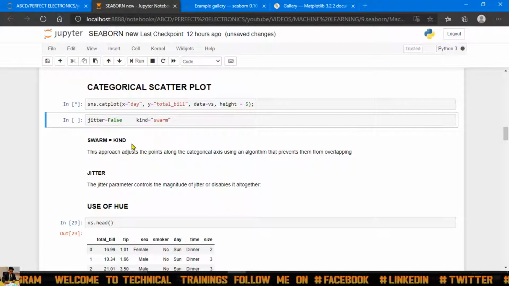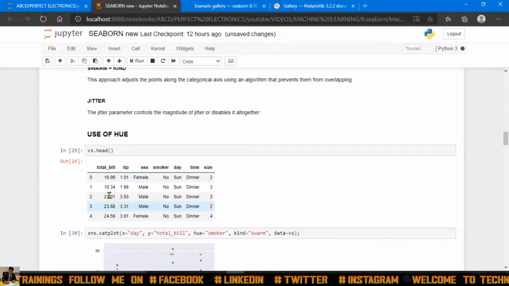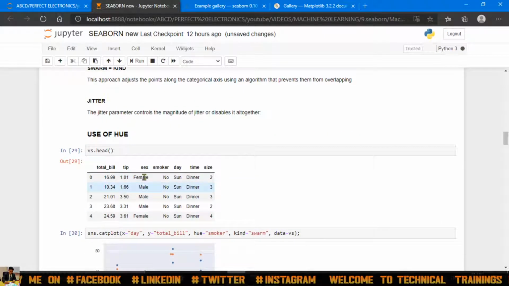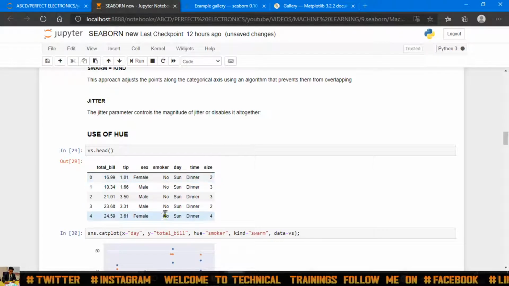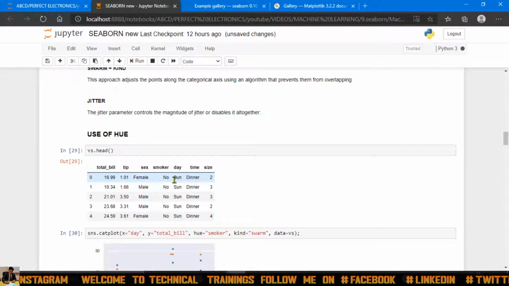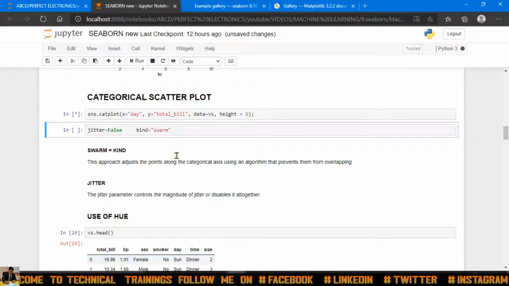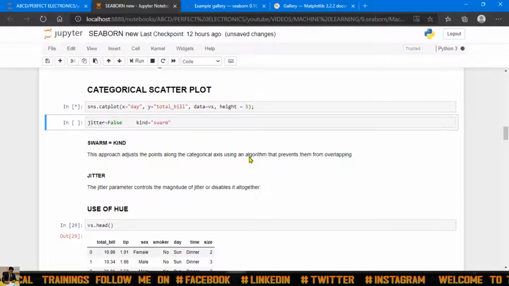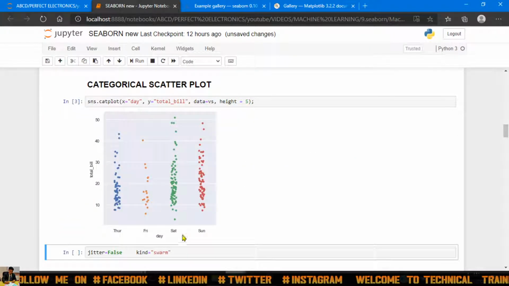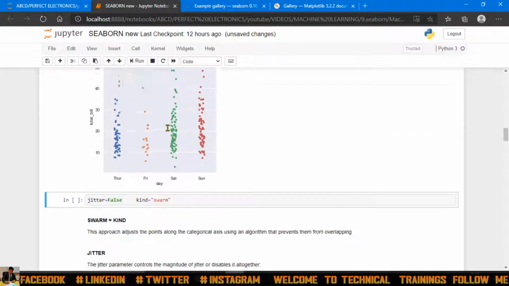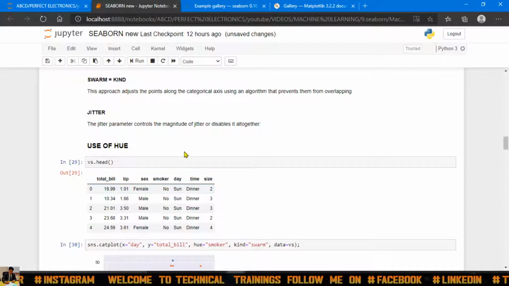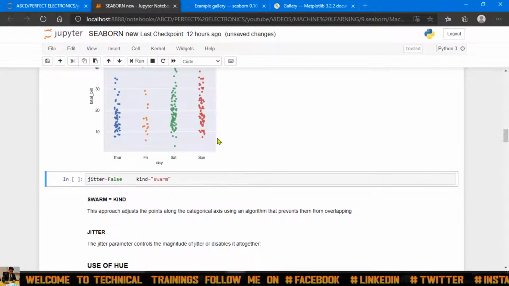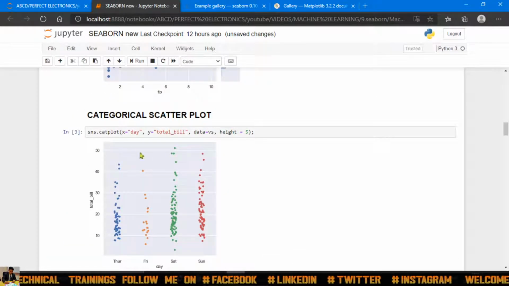Now it will give the graph like categorical. Categorical means these features, guys, which have string format like female, male, then day, then time, and smoker also. So these 3 or 4 parameters have string format as data. So that will show the categorical feature. That day also has Sunday, Monday, like that. Then total bill also has floating data. Okay, like that. So I have just plotted that using catplot.